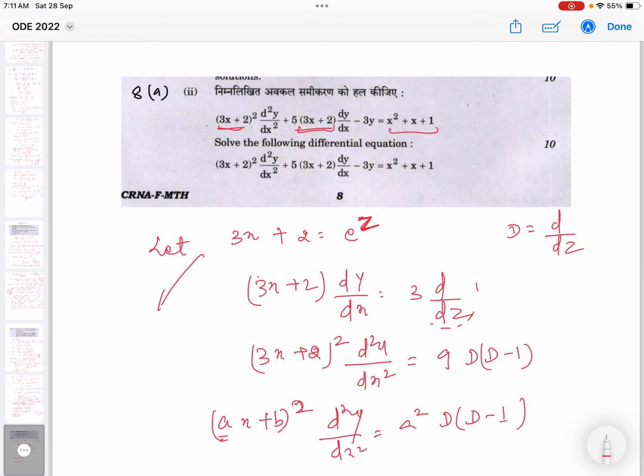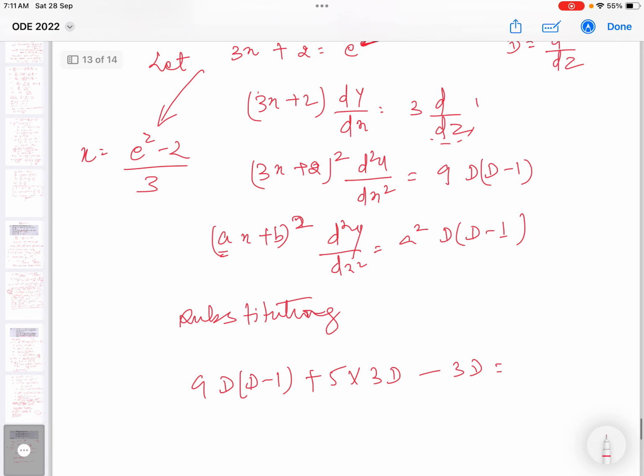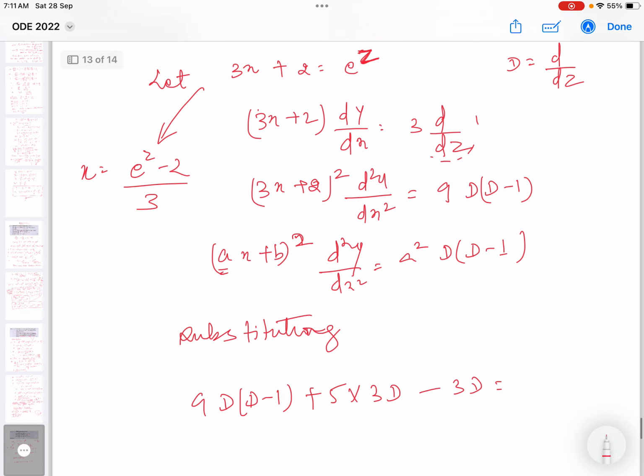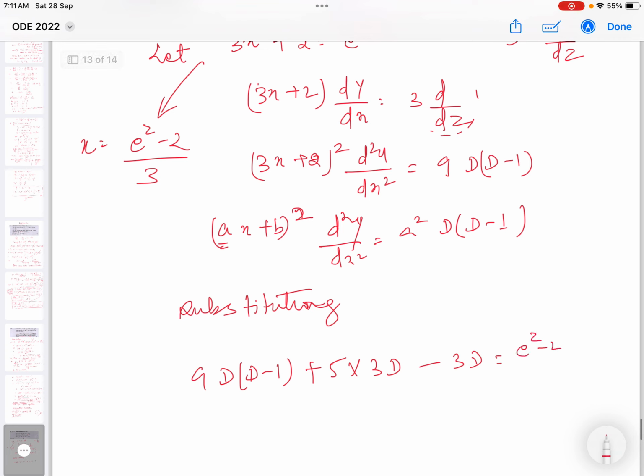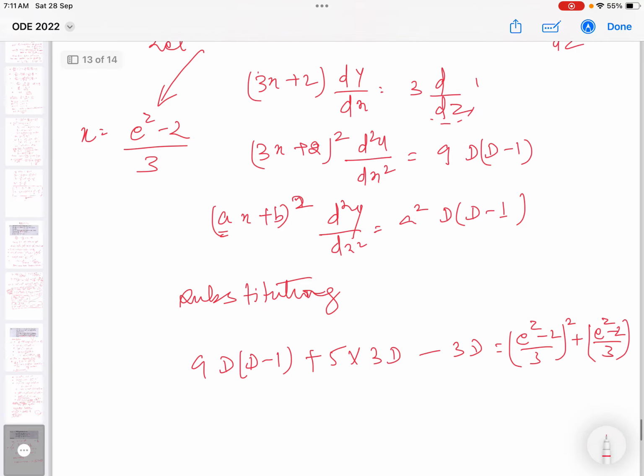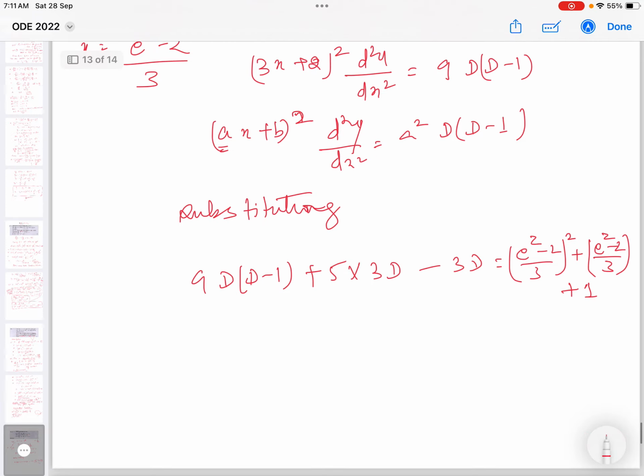So from here we can say that x is nothing but (e raised to the power z minus 2) by 3, x square plus x, e to the power z minus 2, x square plus 1. Fine. So this becomes a typical ODE equation where we'll be finding the complementary function, and then we'll be